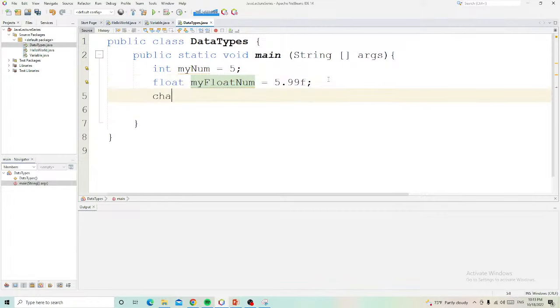Next is char, like for example, my letter. Okay, so this is char. Can I use double quote? A. So what's the error? Okay, the assignment operator is wrong. No, no, the value. If you use char, you should use single quote. Can I add another value here like AB? It will not accept because the data type is char. It will only accept one letter.